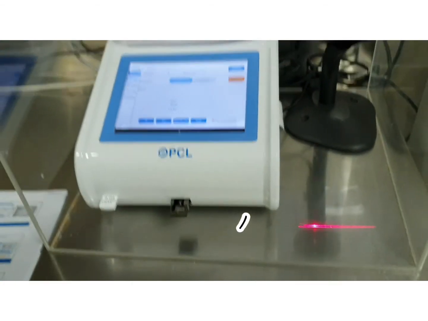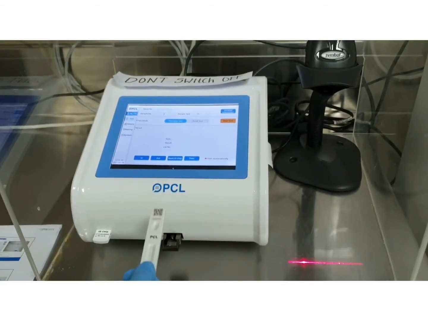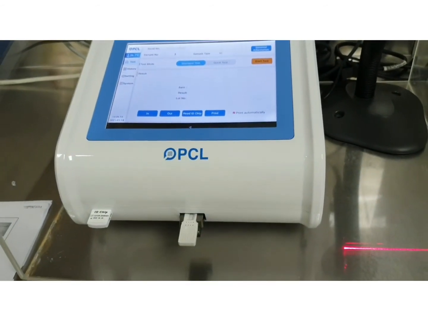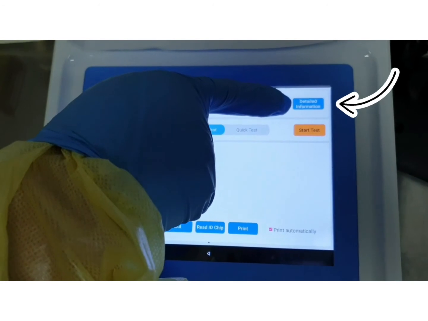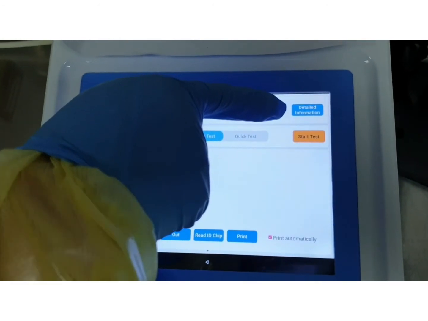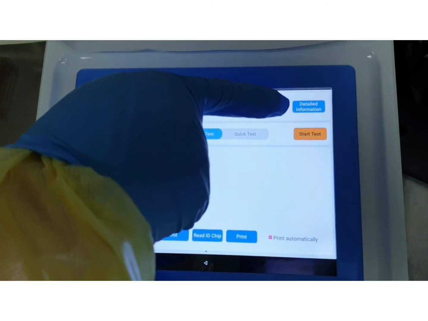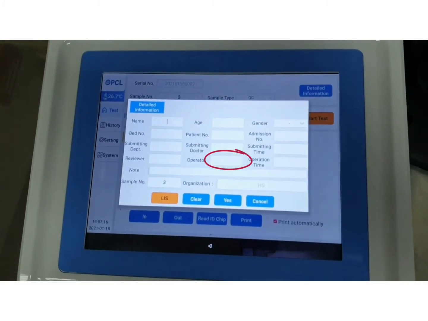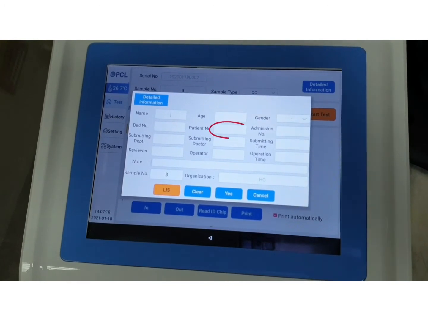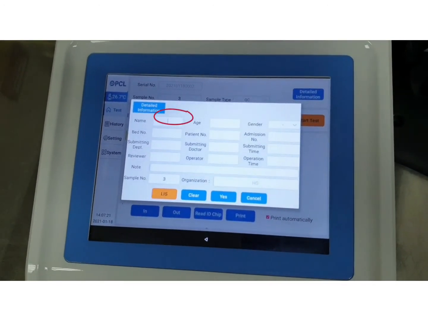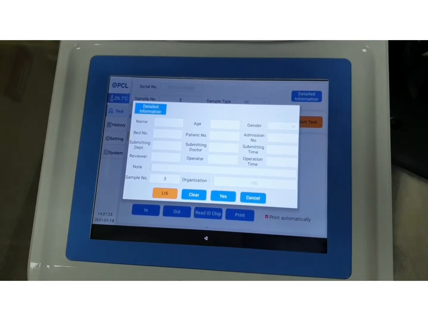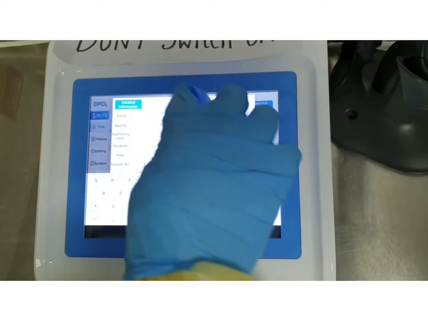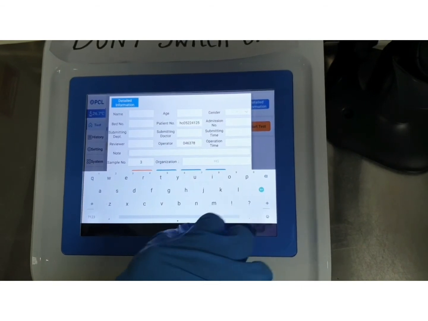Insert the test card into the device port. Press Test, then click Detailed Information to enter patient demographics. Scan the operator ID with the scanner in operator. Scan the patient HC number in patient number and patient name. When the information is ready,